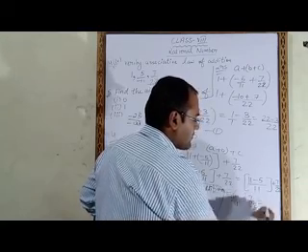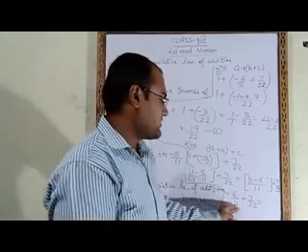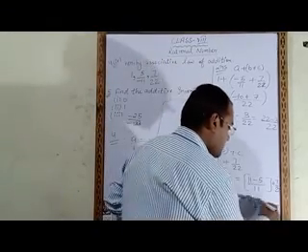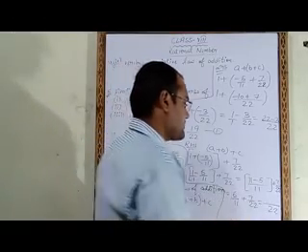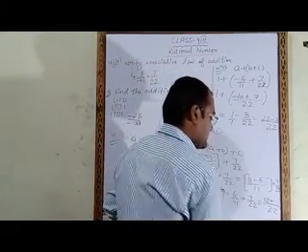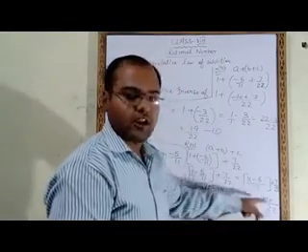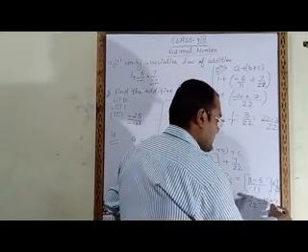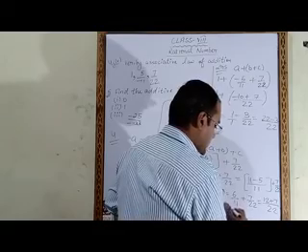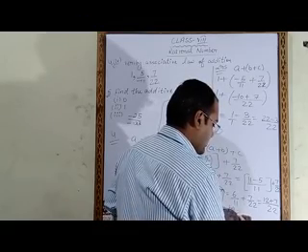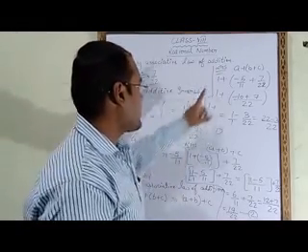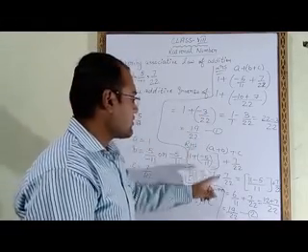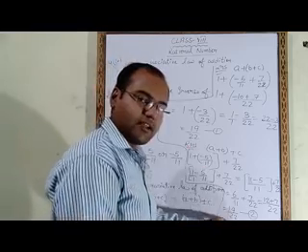Now we will find the LCM again. The LCM of 11 and 22 will be 22. 11 twos are 22, so 2 into 6 will be 12, plus 22 ones are 22, so 1 into 7 will be 7. Now on adding these two, we will get 19 upon 22. This is equation number 2. So the left hand side answer is 19 upon 22, and the right hand side answer is also 19 upon 22.